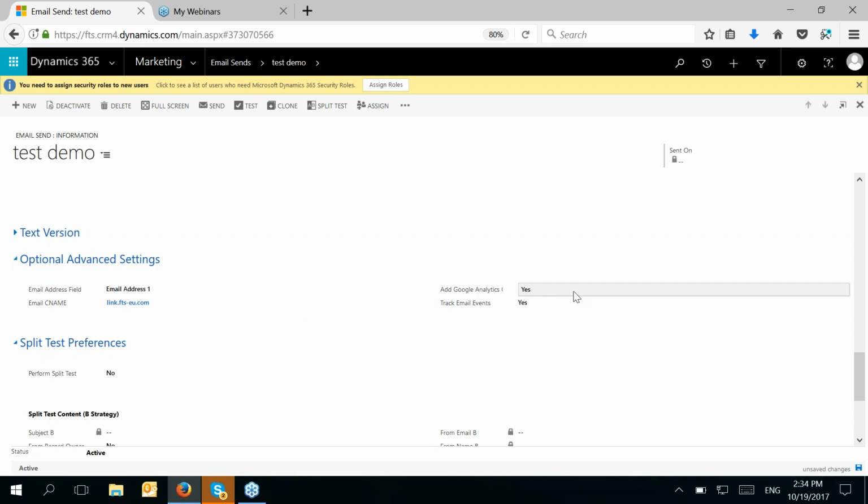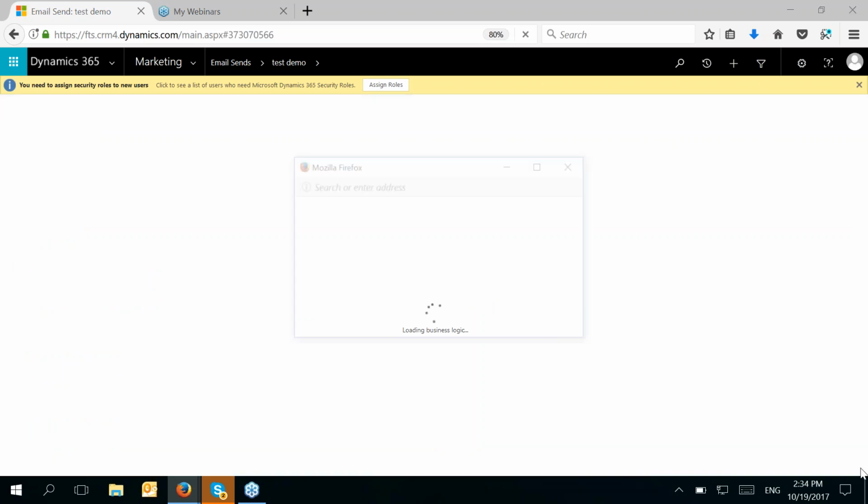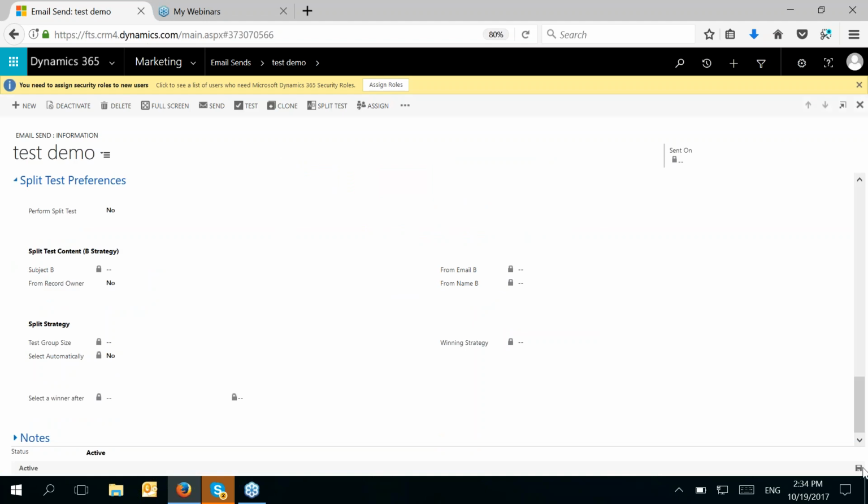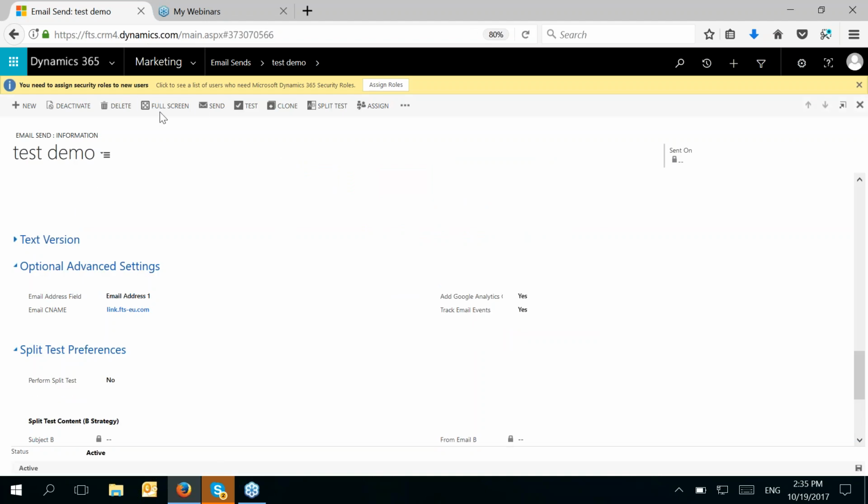Here it is by default the yes option. After that, you just have to click save. Here is the button for save, and after that we can go with send. Before you execute the send, it will show you to how many. Okay, we don't have an email template, but